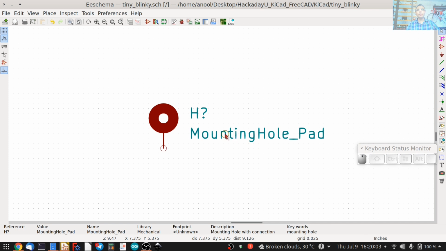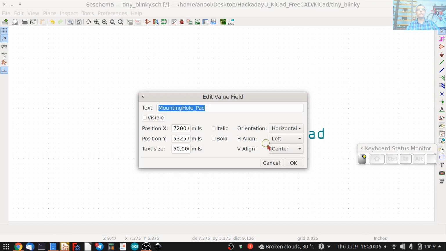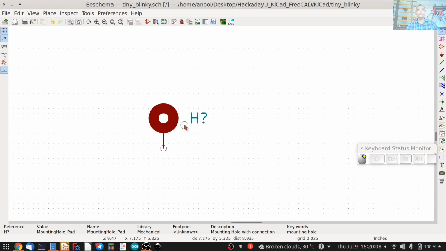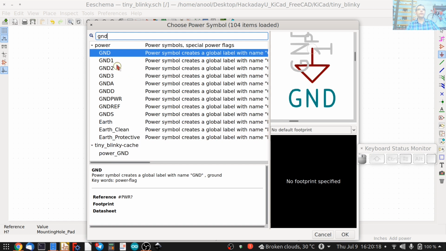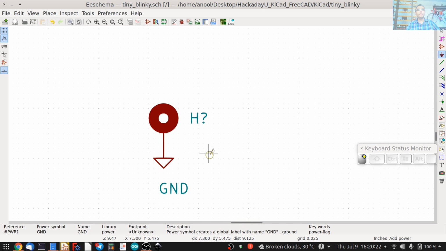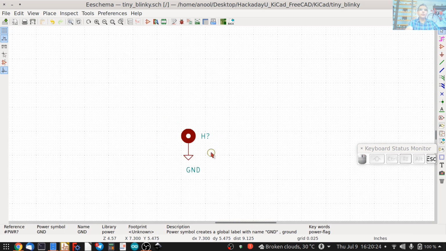I'd like to hide the name mounting hole pad, so double click on it, uncheck visible, click OK. And since I'd like to connect it to ground, let's place a power port over here for ground. So click P for power ports, look for GND, select this, click OK, and paste it here. So that's one mounting hole.